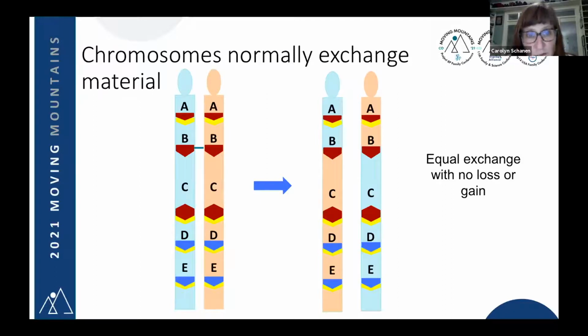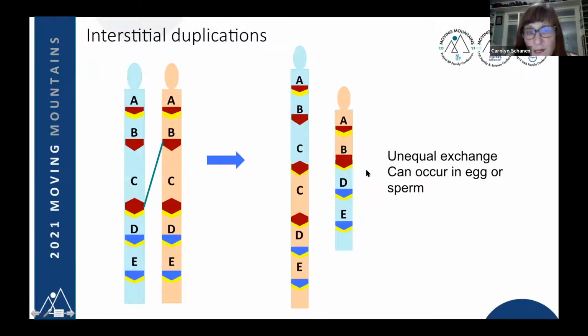And so if the crossover, which is what we call it, occurs equally, then you end up with two new chromosomes that have exactly the same material. They haven't gained or lost anything, but now they have genes that came from one of your parents and then genes that came from your other parent. But what happens because of those repetitive regions is that sometimes there's a misalignment between one of those repeats and